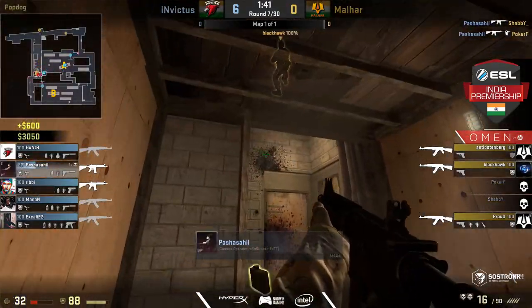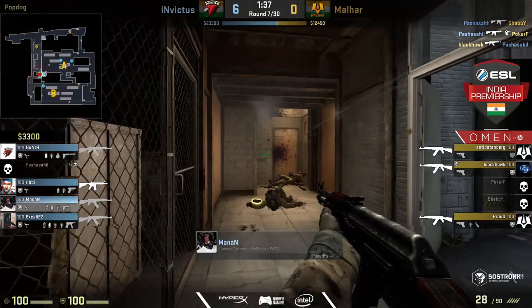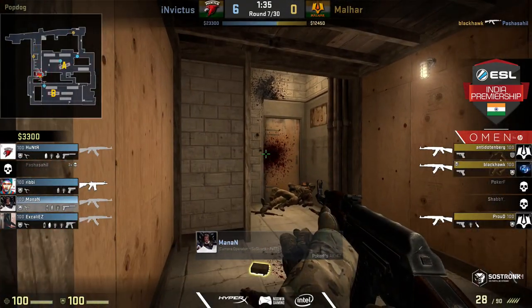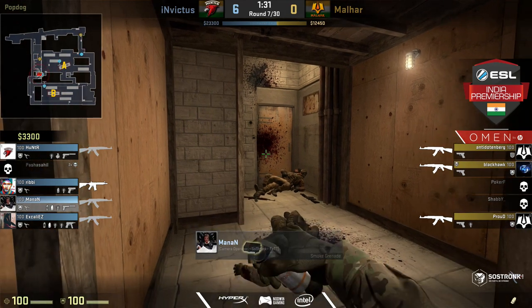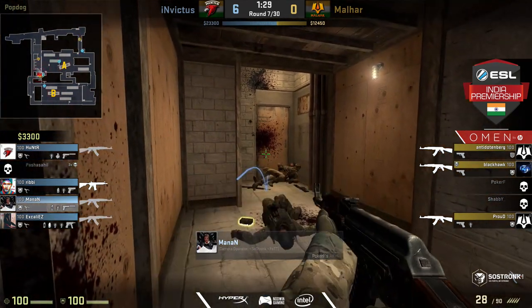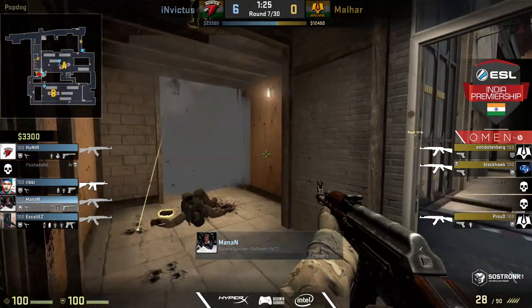And look at that! Look at the speed of these players. Oh, finally Blackhawk does get the trade, but Pasha Sal overextending there as well. He got 2 frags. He didn't have to go in for the peak, but you know, the blood rushes into your head, and why not? The C4 is down, by the way, the pop dog position, so that's a very bad display for